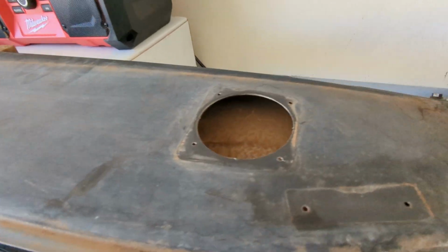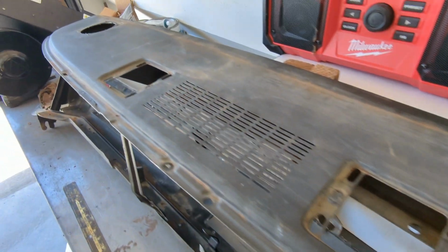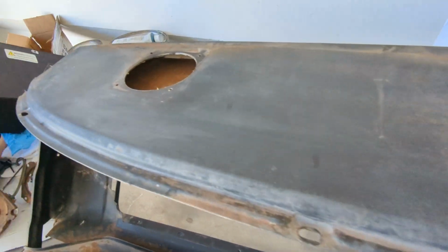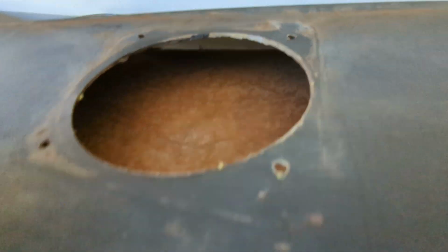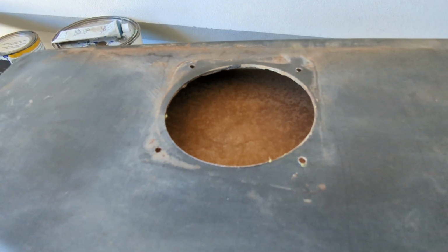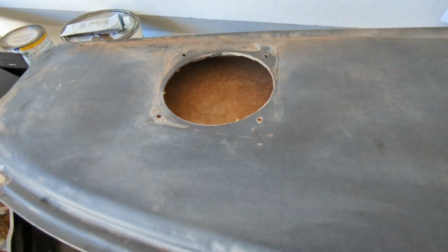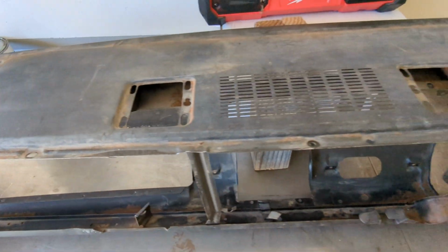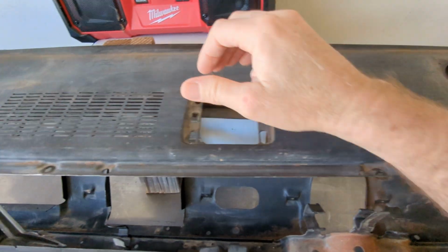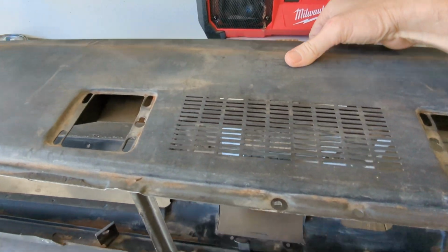It's never been painted. You can see it's a little rough. We're in the process of getting that job done. But you can see right here, see the rough cut. It's kind of crudely done at the factory. It looks like with a hole saw. And the measurements aren't equal from each side either. They're off a little bit. So I was going to take some measurements